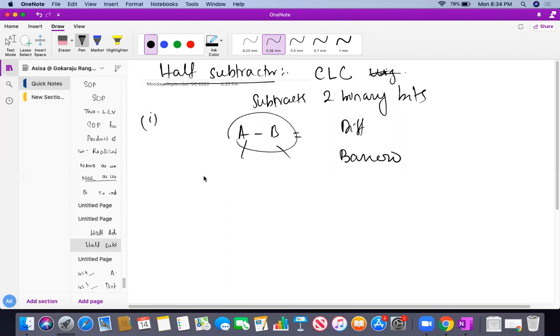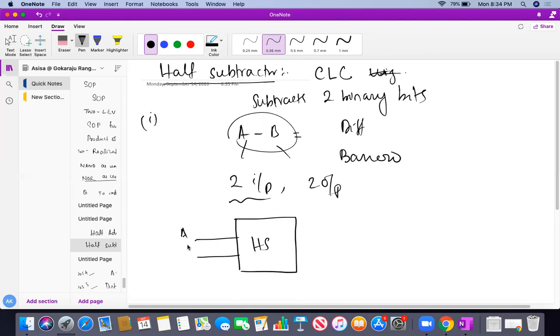So here how many inputs and outputs we have identified? The first design process is to identify inputs and outputs. So 2 inputs and 2 outputs. The 2 inputs are 1-bit binary bits, and the 2 outputs are actually difference and borrow. Do you all understand? Very simple. So with that, I can do it this way. You can see, very simple. This is my half subtractor. It just requires 2 inputs A, B, and 2 outputs, the difference and a borrow. Okay, so this is the way I can design my things.